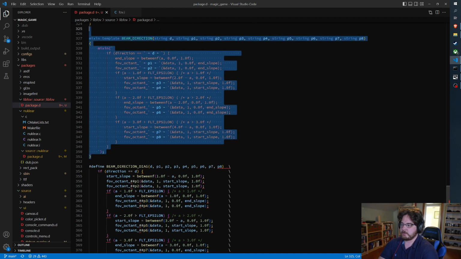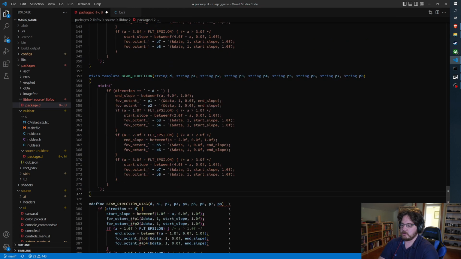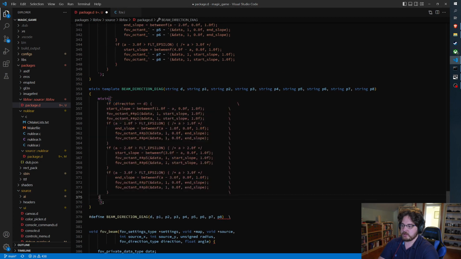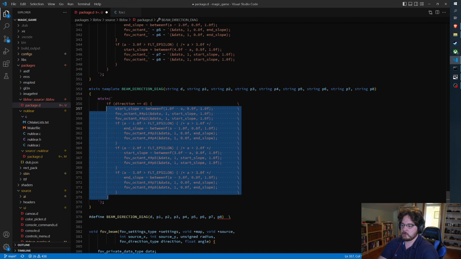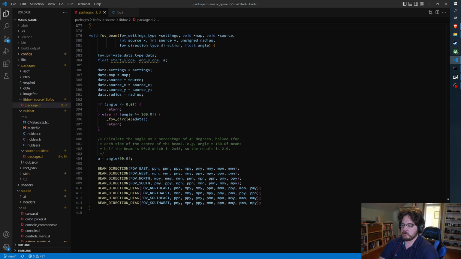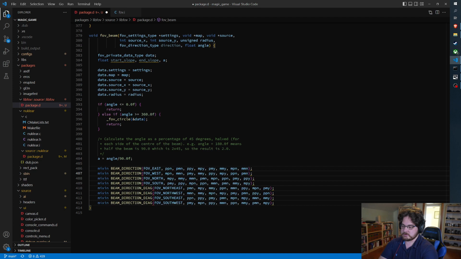And then, so let's copy this again. And then, so we need beam direction diagonal. And DP1, 2, 3, 4, 5, 6, 7, 8. So that's the same parameters. We just need to copy this and paste it here. And get rid of this. And then we change these to be mix-ins, right? And then